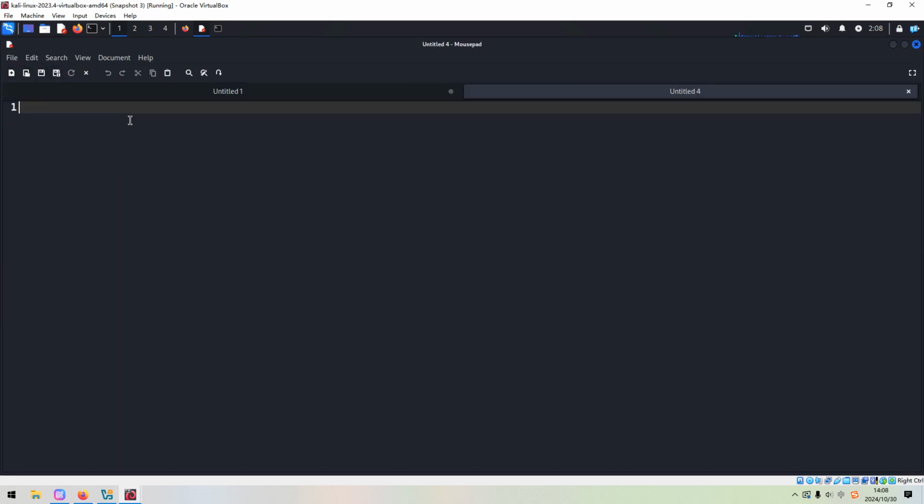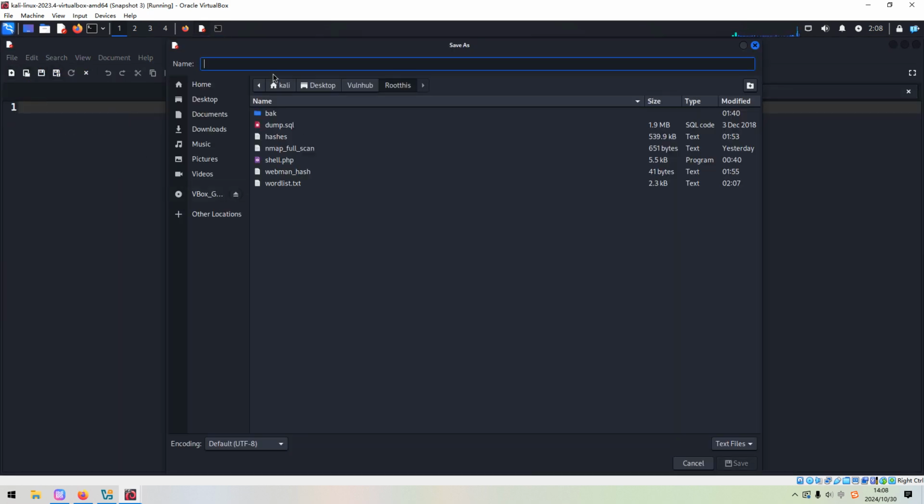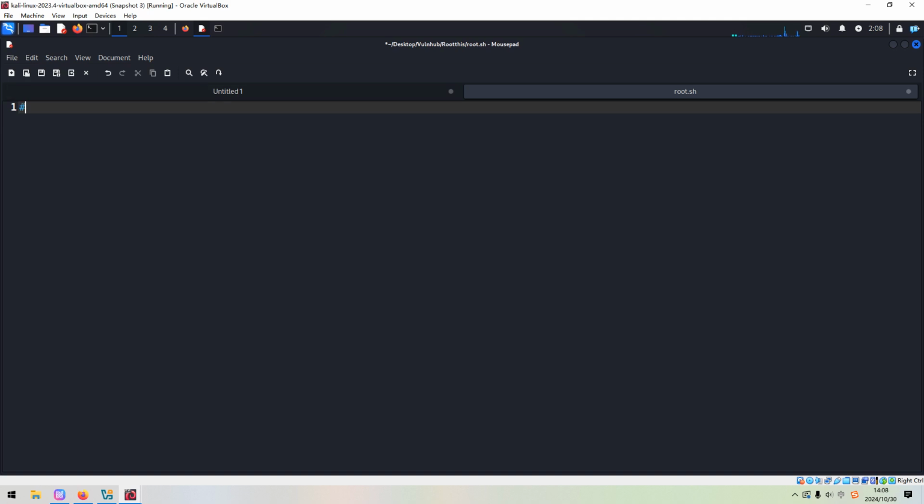We can save. We can use root, and bin bash, and we can read each line from the file. For line in word list, do, and done.